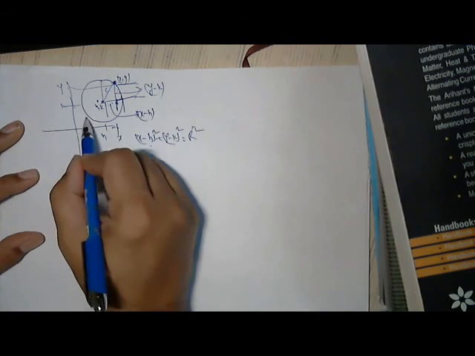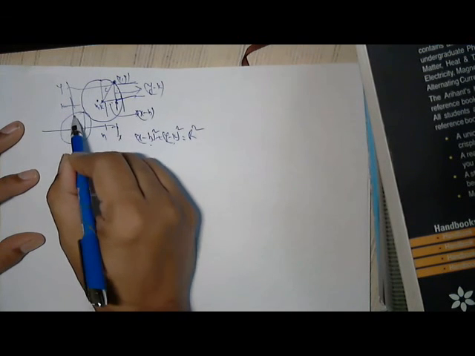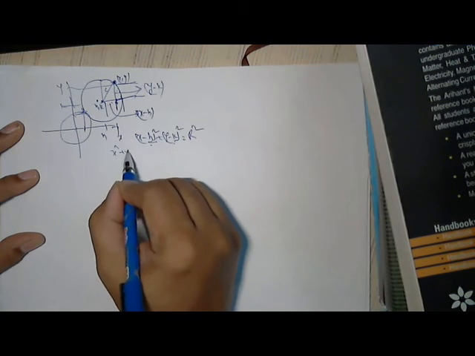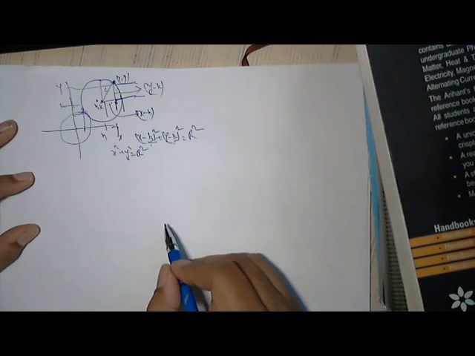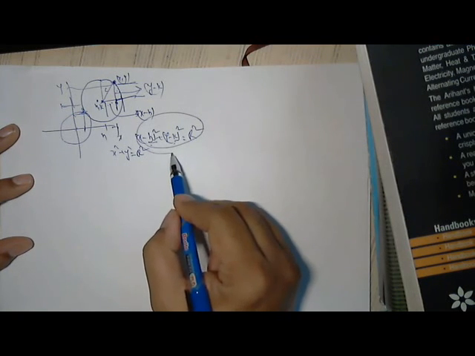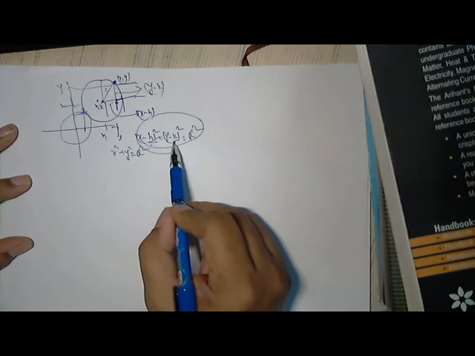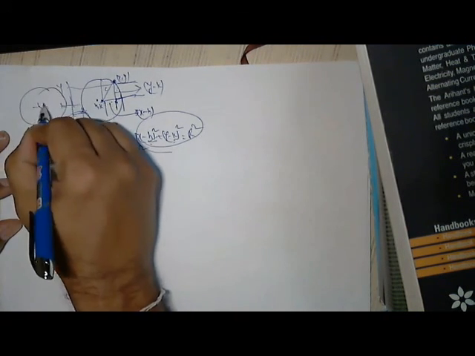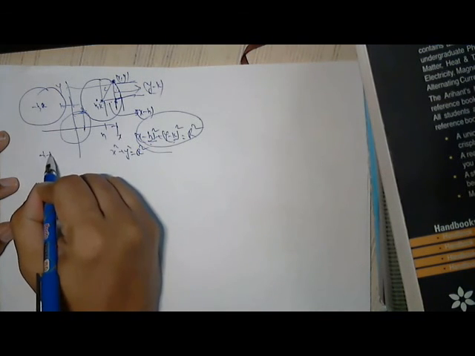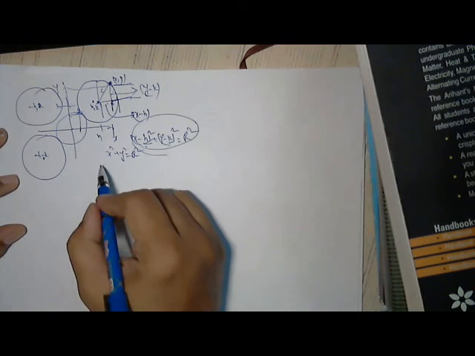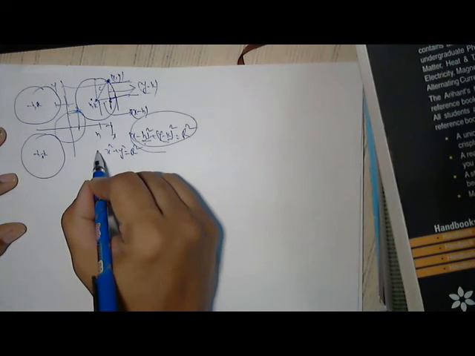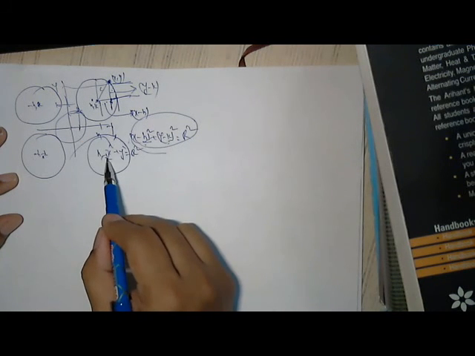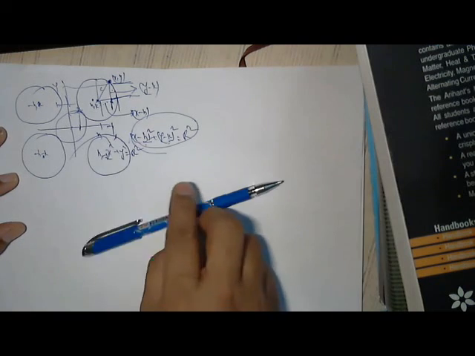If h and k are at the origin, then simply this is x and y. So x square plus y square, in place of h, k we put 0, is r square. So this is the general form of a circle when the center is at (h, k). It can be (minus h, minus k), then this is the circle. What about minus h, minus k? It will be minus, plus. So we know that in all four quadrants a circle can have a center with some radius. Okay, let us go further.